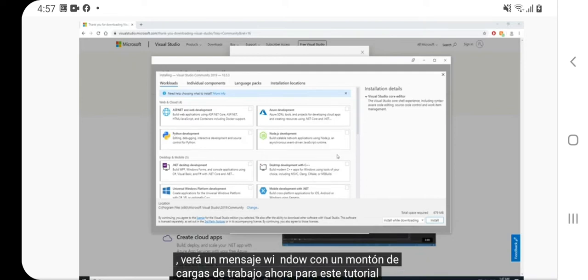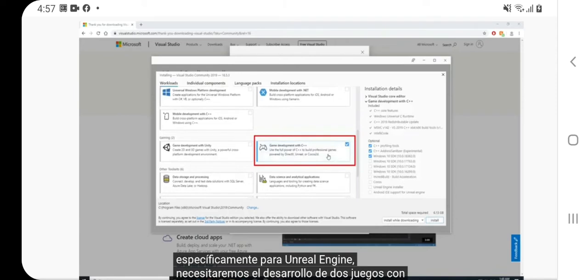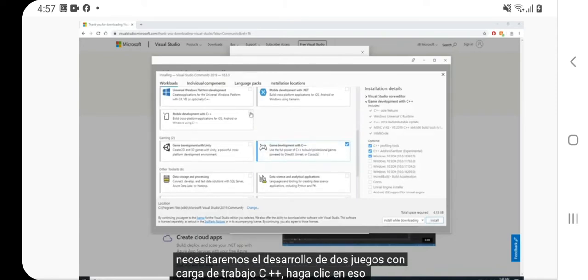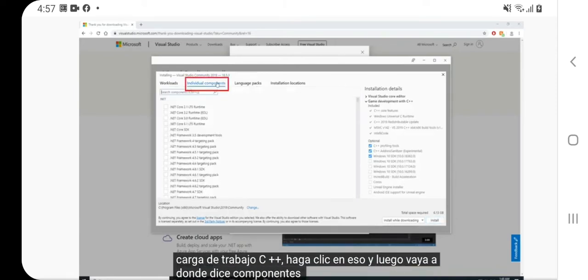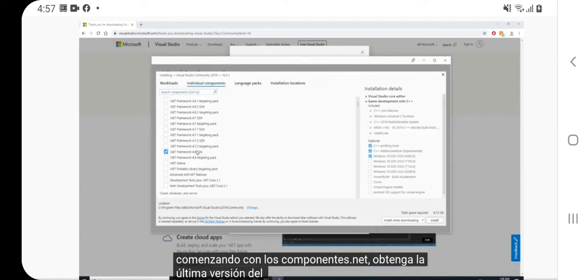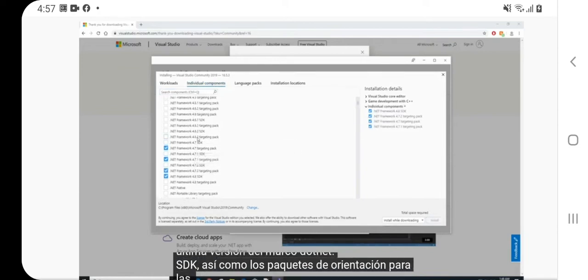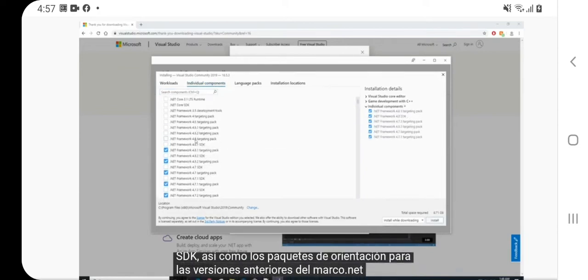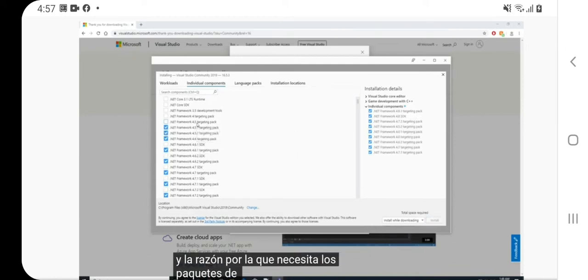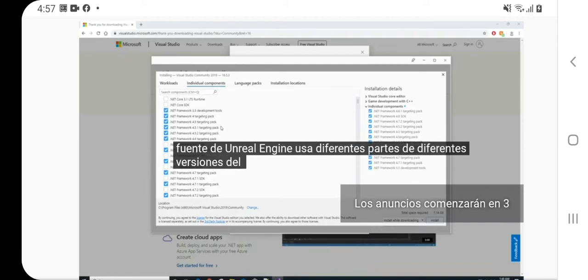workloads. Now for this tutorial, specifically for Unreal Engine, we will need the game development with the C++ workload. Click on that and then go to where it says individual components, and starting with the .NET components, get the latest version of the .NET Framework SDK as well as the targeting packs for the older versions of the .NET Framework. And the reason why you need the targeting packs is that Unreal Engine Source uses different parts of different versions of the .NET Framework. So the targeting pack